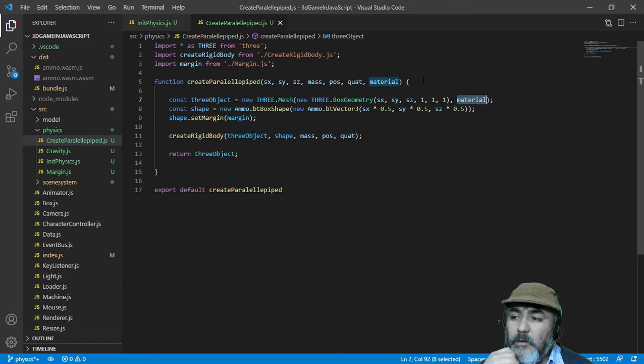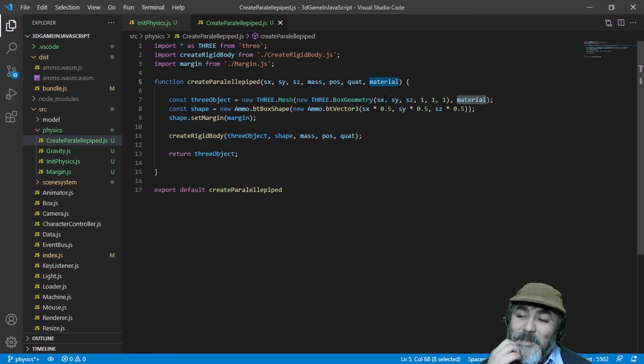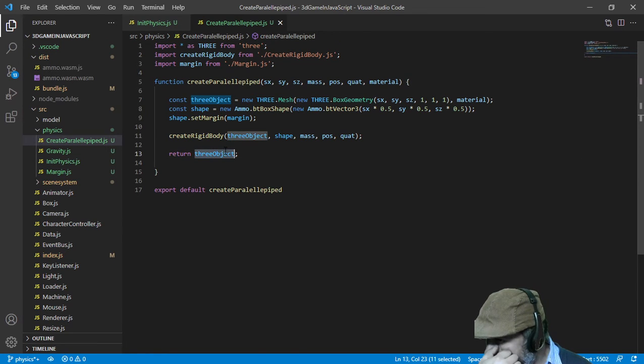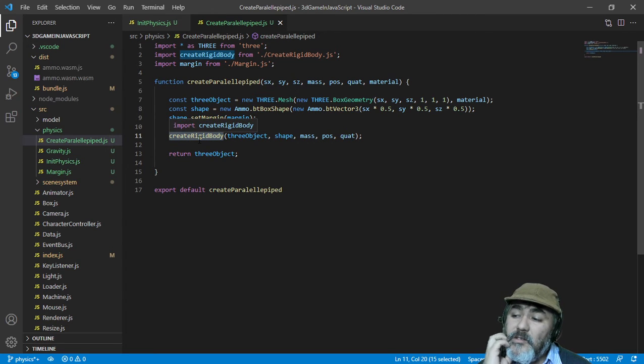and a material, and we set the material to create the parallelepiped. You have to pass the material as a parameter, that's all. This module creates the shape, which is this one, and it is what we are going to return in case you need it. But it calls another function, which is createRigidbody,